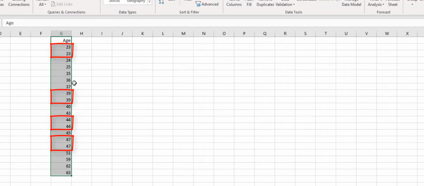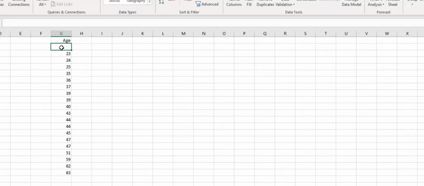But for determining split points, each value only needs to appear once in the column. Therefore, we are going to delete multiple occurrences. Here we have double 39, and then we have 44, and then here we have 47. Now we are good. After we sort the data, we are ready to calculate the split points. We are going to use the midpoint formula, which is start with an equal sign,